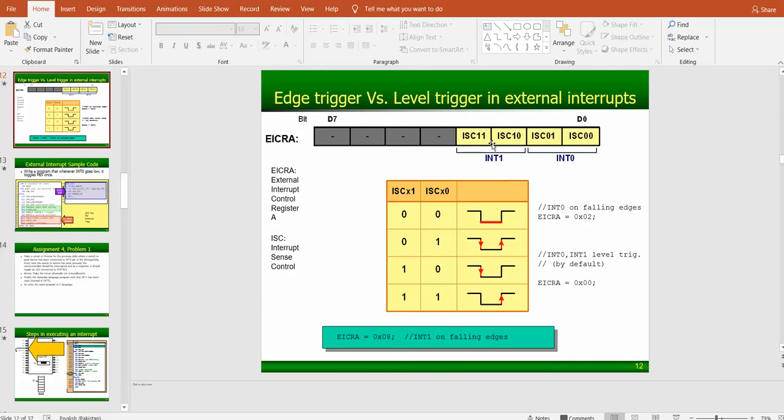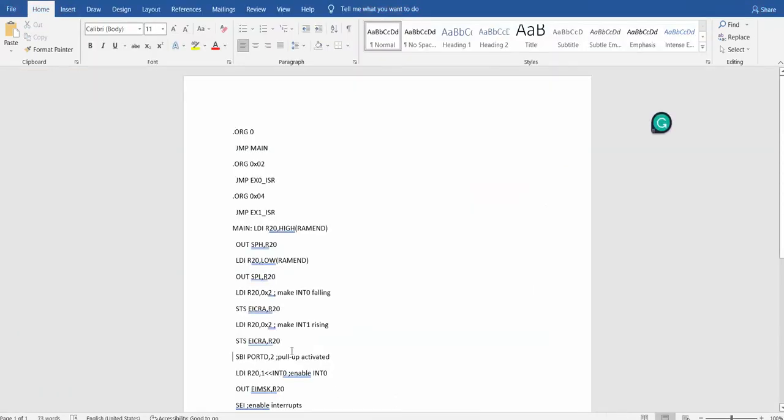I need to make external interrupt 1 as rising. So I need to put 1 1 in there. I could do this in a single line, by the way,